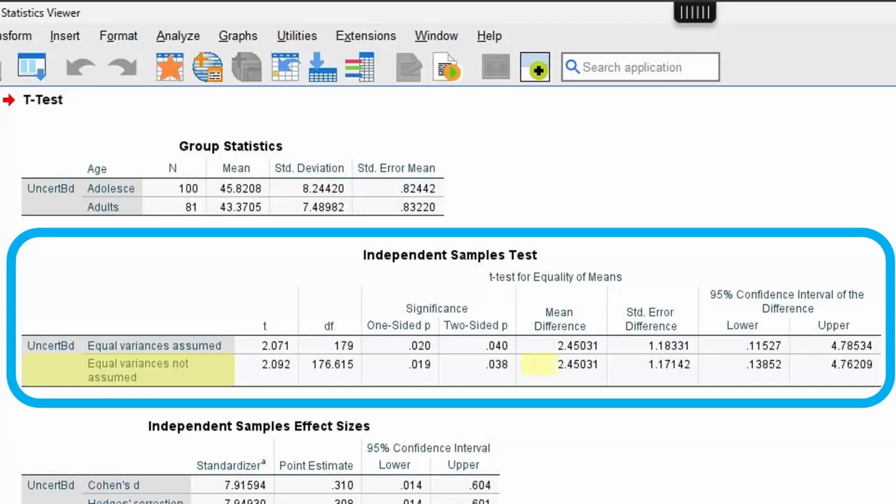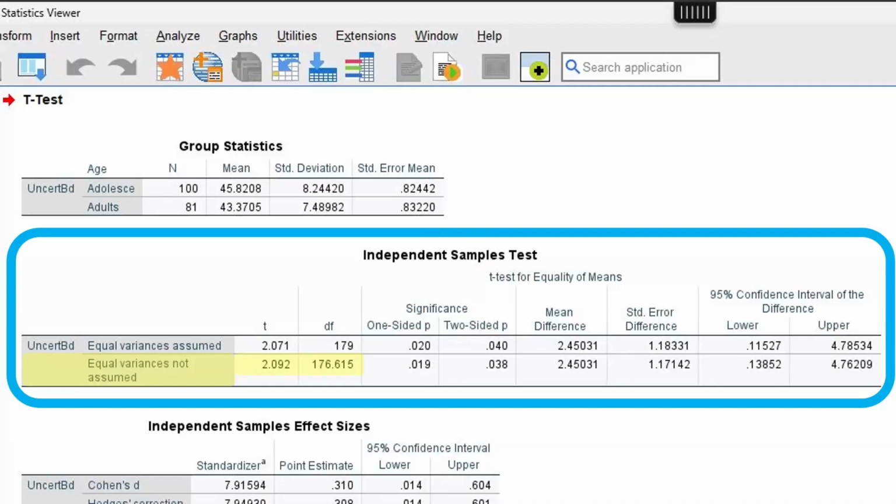As we can see, the mean difference, the difference between the sample scores for adolescents and adults, is calculated right there. If we want a 95% confidence interval for that difference, SPSS will also calculate that. Please bear in mind that it is for the difference between the groups, not for the actual perceptual boundaries of each group. And then importantly for our analysis here, we have our t-statistic of 2.09. That's what was reported in the paper. Our degrees of freedom of